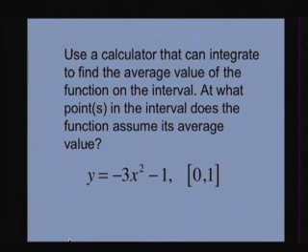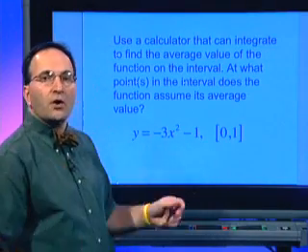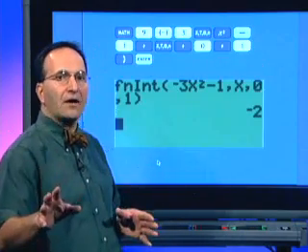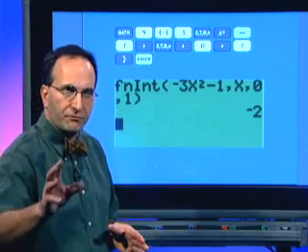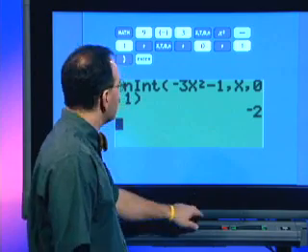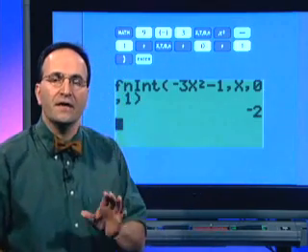At what points in the interval does the function assume its average value? The function we're going to deal with is y equals negative 3x squared minus 1 over the interval 0, 1. What I want to show you is how you would do this on your calculator. Because your graphing calculator, your TI-83 plus or your TI-84 plus, has a function which allows you to plug in